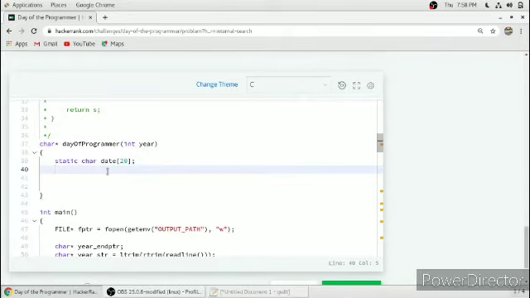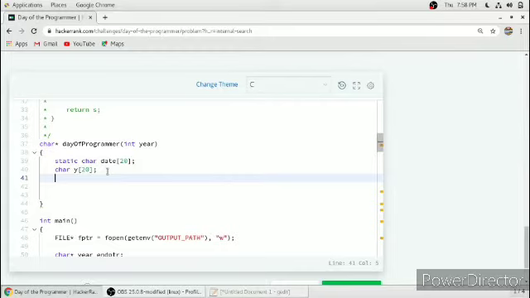That is, we will take char y, also of size 20 so that it doesn't cause any problem afterwards, and we will print the year into this buffer using the sprintf function, printing the %d value into y.